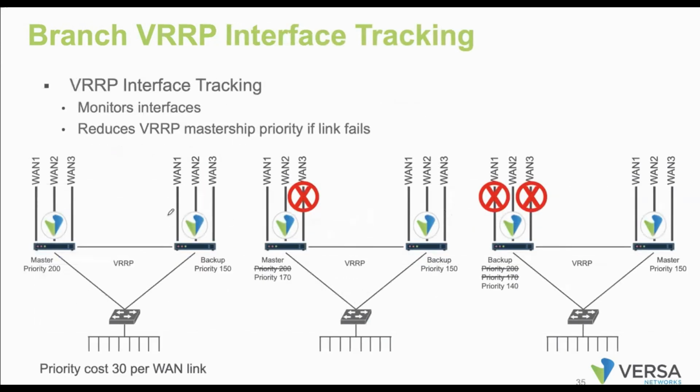If you want to track the VRRP interfaces, you can do so. Even IPSLA is supported on VRRP. You can make sure the master has priority 200 and the backup has priority 150. If you have multiple interfaces you want to track, we make sure the interfaces are running with some weight so that the cost is calculated against this priority. We make sure the calculation goes lower than the standby device, so that there will be a switch from master to backup.